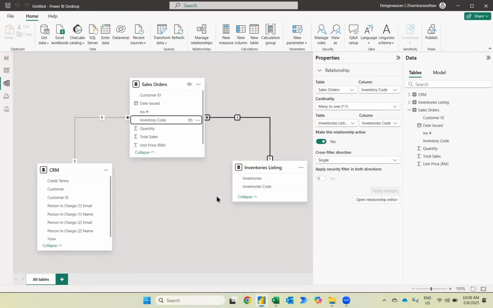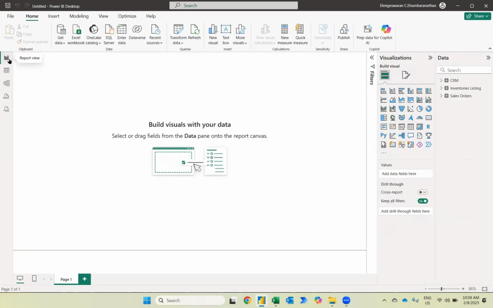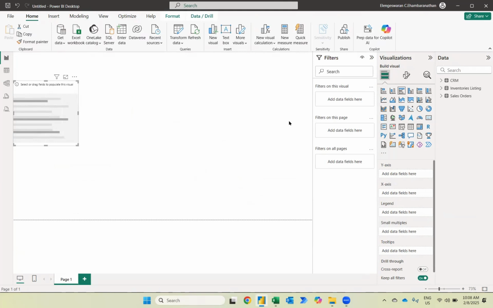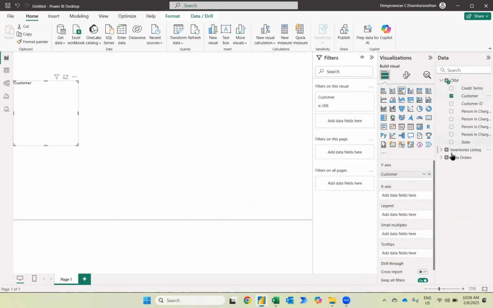Next thing is, I want to create a dashboard because I want to know the total sales of each inventory, and I want to know the total sales from particular customers. So I'm going to go to the report view over here. My intention is to create a 2-page report. First, I'll click on this clustered bar chart. Over here we have the clustered bar chart, and then I want to know the customer, so I will click the customer,